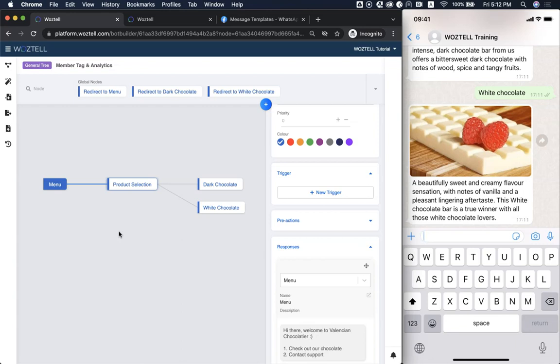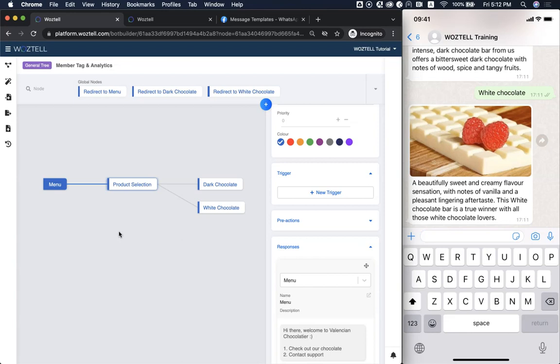So what I'm trying to explain is just the flow, and I'm going to tell you how you can apply member tag to this simple chatbot and what the concept of member tag is. So for member tag, its main usage is to help you identify which types of clients are interested in what kind of products or what kind of services your company offers in the chatbot.